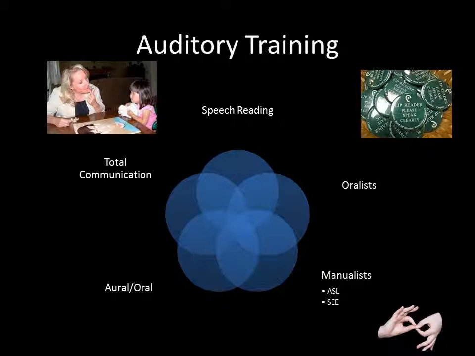So the difference between signed English and American sign language is that signed English follows the rules of English grammar. So you're actually speaking exactly as we talk. And then ASL is a language of its own and follows different grammatical rules. And so total communication